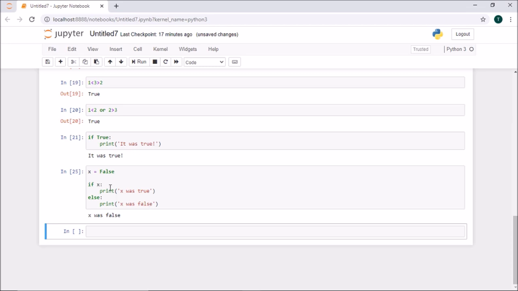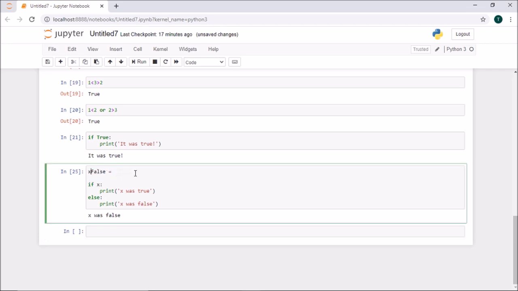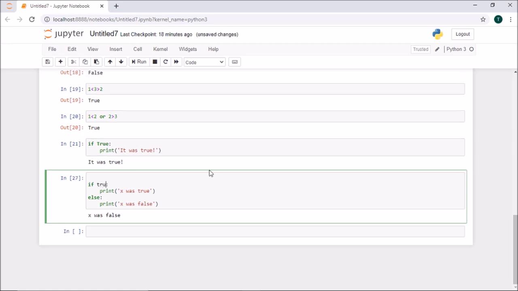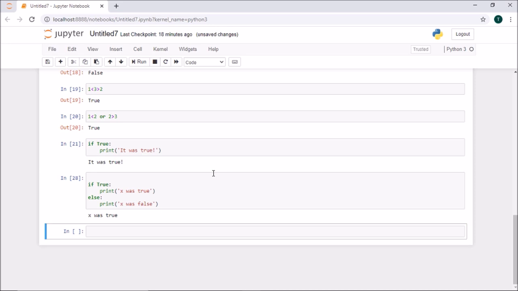If I didn't mention x to be false, if I just make if true, removing that x, what will be my answer? So it is true because I didn't mention any condition. My condition didn't fail here, so it prints me the value x was true. Okay, so this is the basic difference, right?